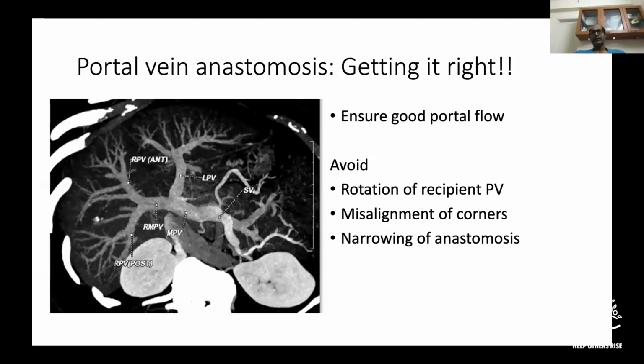In the LDLT setting, I think a slight rotation can cause significant problems, because that twists the outflow, which is immediately dividing into the anterior and posterior segments within the liver. So you need to be much more careful about getting the alignment right and the rotation right, so that there is no twist in the portal vein